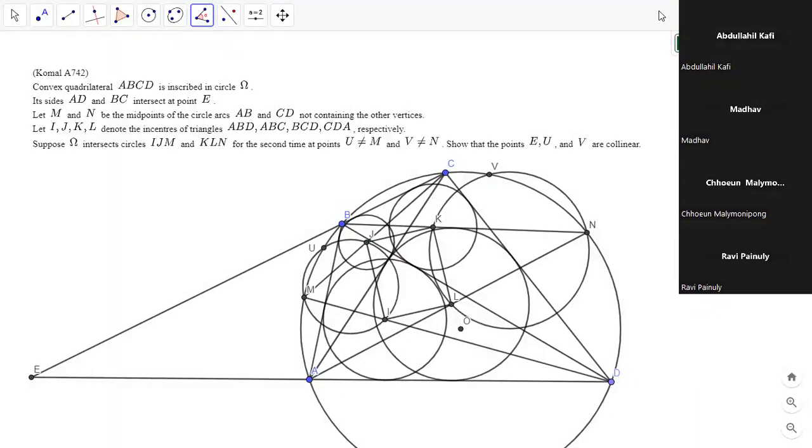So maybe we could do something with those ratios. From there we can get UI over VL. I'm not sure what that will do, but